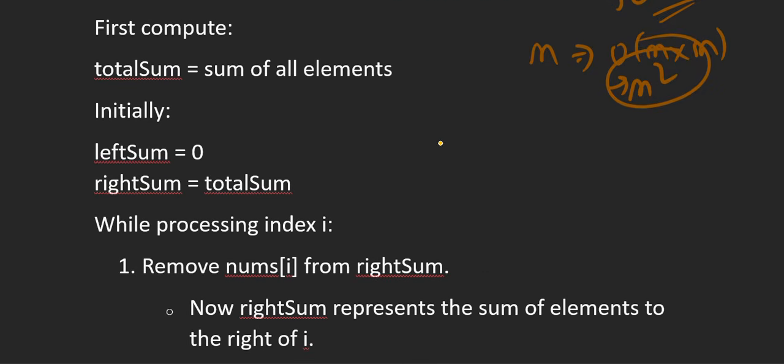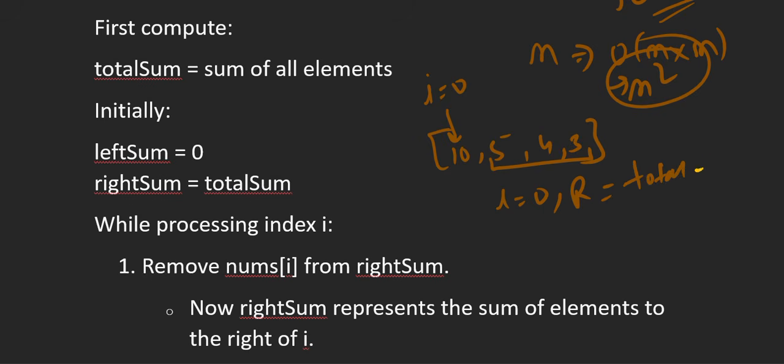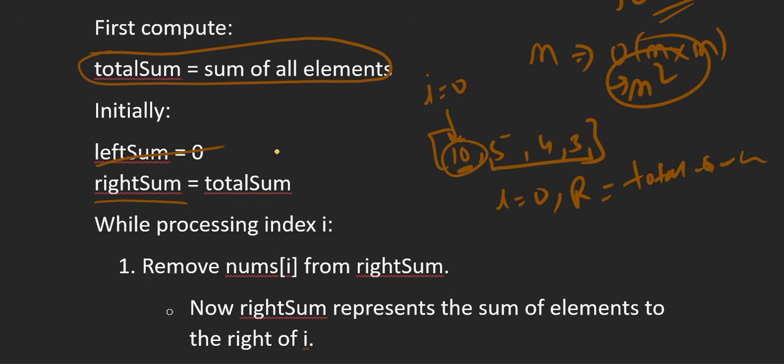Suppose we have an array 10, 5, 4, 3, right? Suppose this is our array, and initially we are at this point, that is I equal to 0. So initially left sum is equal to 0, and if we see the right sum, it will be these elements. So this is equal to the total sum minus our current element. So what we do is, first we find the total sum, that is the sum of all the elements, and then initially our left sum is 0 and right sum is basically total sum minus